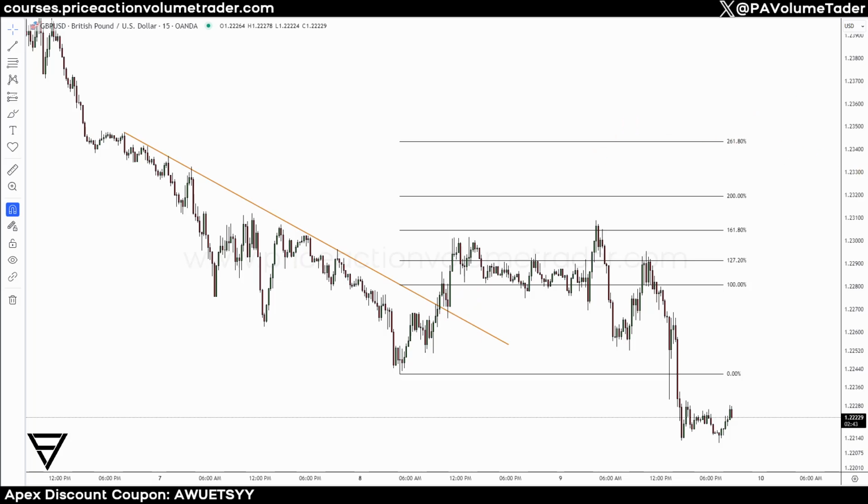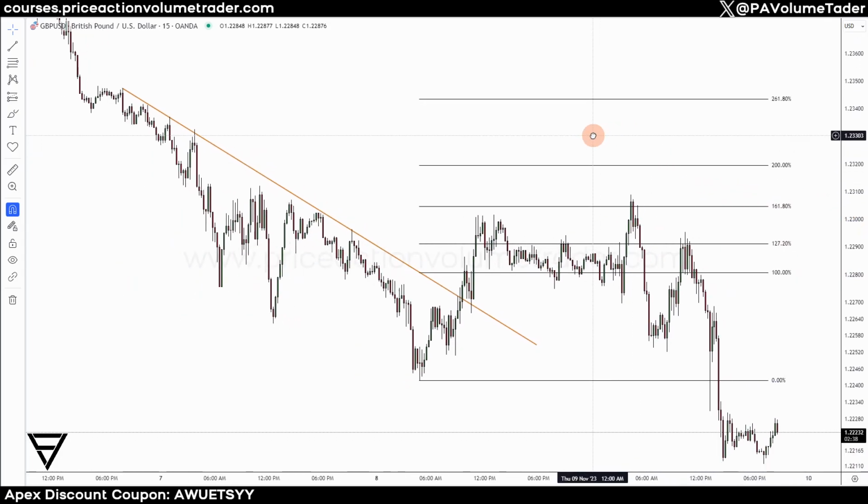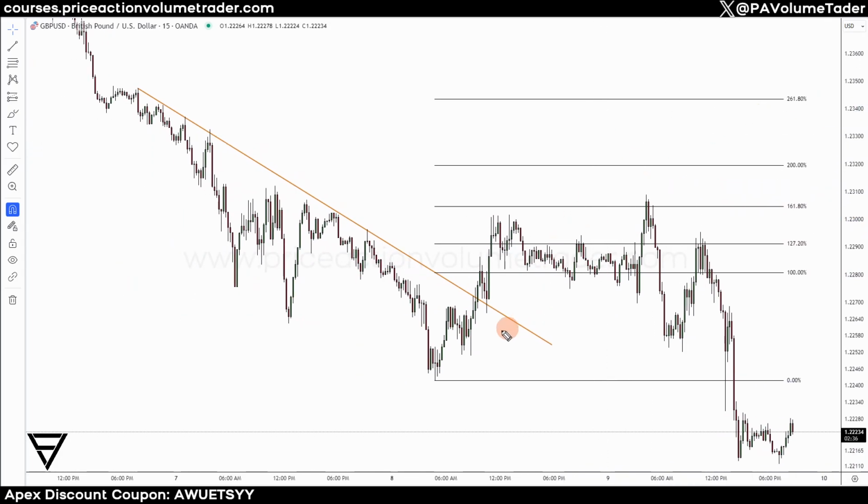So the steps we're going to follow: we're going to measure from the lowest point, in this case when it comes to a breakout. That's going to be our 0 anchor,